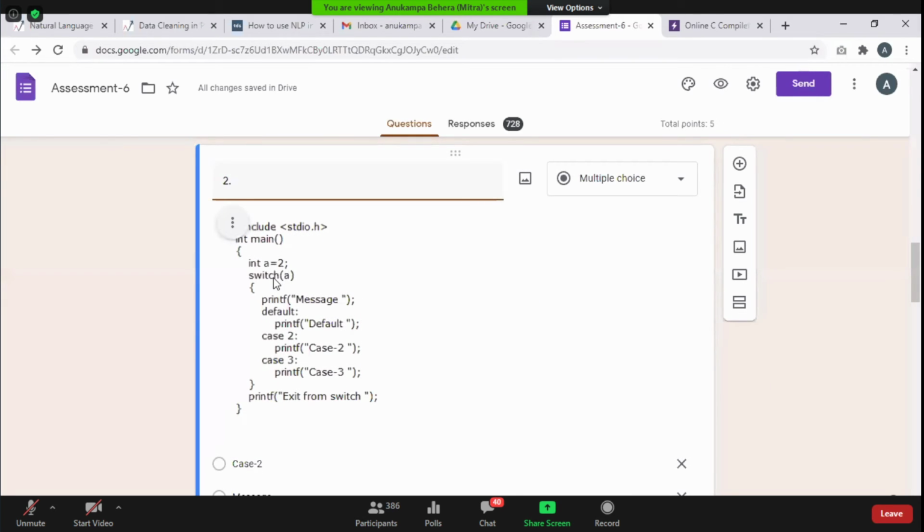a इक्वल टू 2. switch a. So कंट्रोल कहां पे आएगा? 2 में आएगा, है ना. Case 2, no break. Case 3, switch will be over. Exit from switch. So what it will print? Case 2, case 3, exit from switch. समझ में आया?